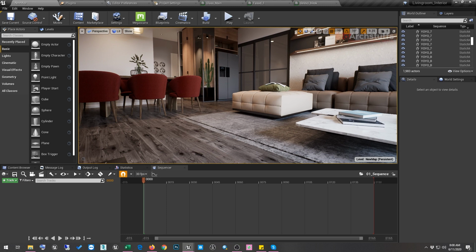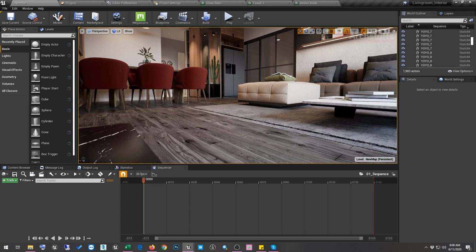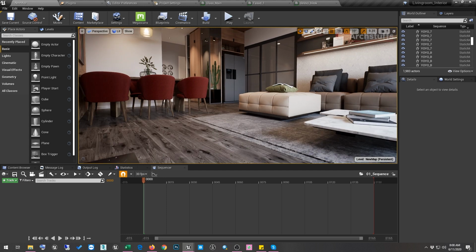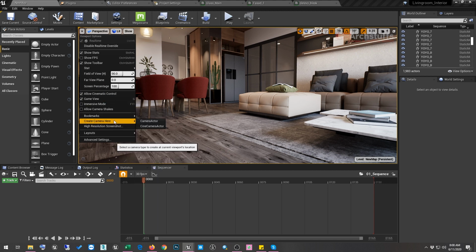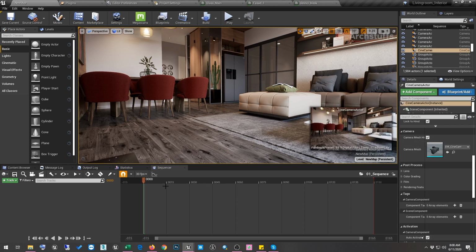So as you can see, I just found a good place where I can start from, like this, and then I will go here to Create, and then create a camera here, a Cine Camera Actor. And once it has been created, I will go here in this sequencer. If you remember, I just went ahead and added a label sequencer and renamed it, and it is now open here.